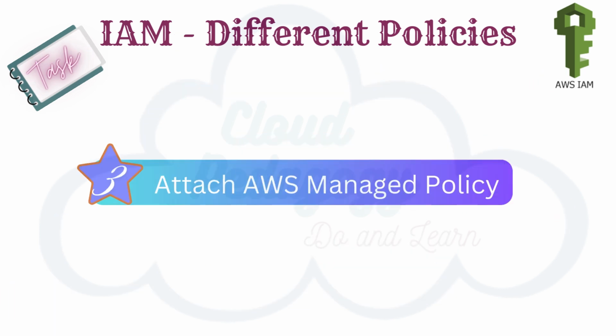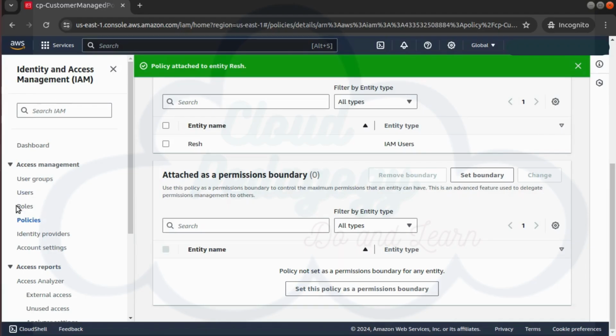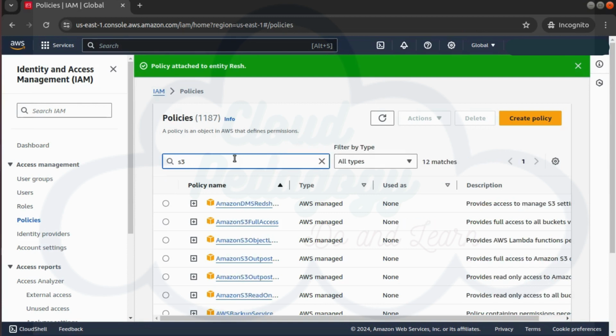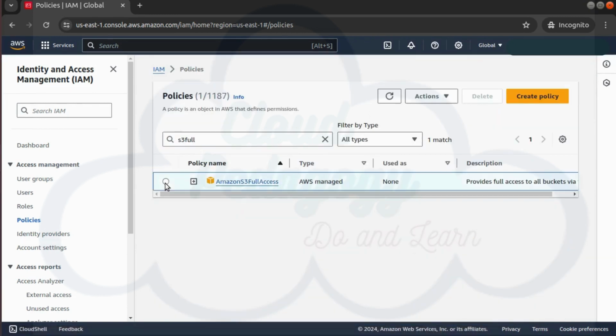So in the next task, we are going to attach AWS managed policy. So now the next thing we are going to do is attach an AWS managed policy to one of our other users. So if we head back to policies, we are going to search for Amazon S3 full access policy. So if we search for S3 in the list below, select the radio button next to the Amazon S3 full access policy,